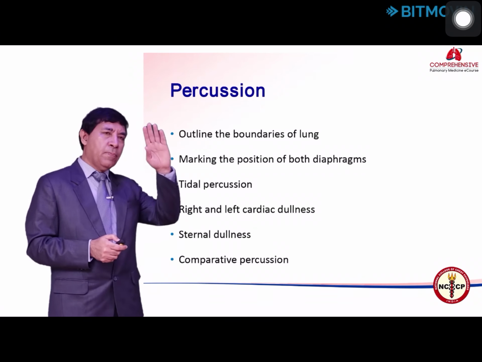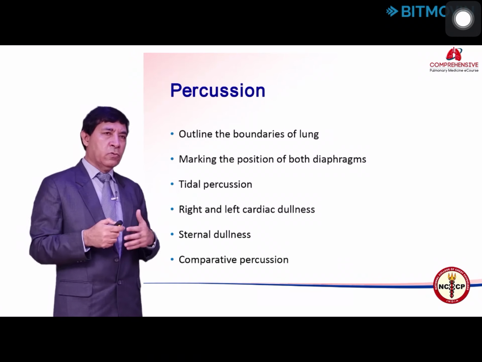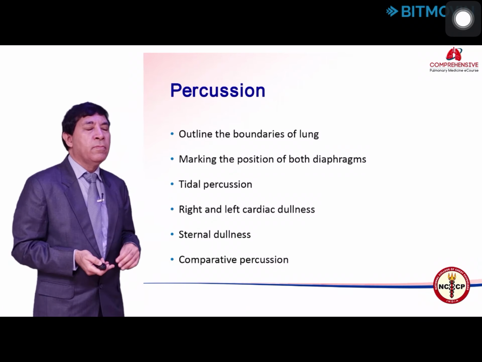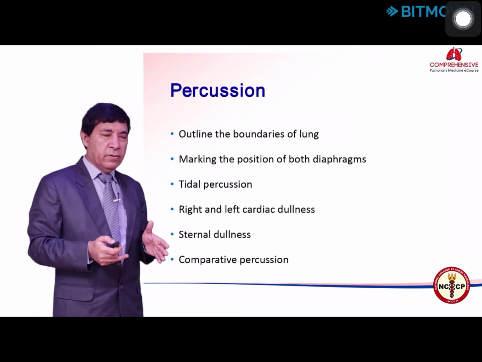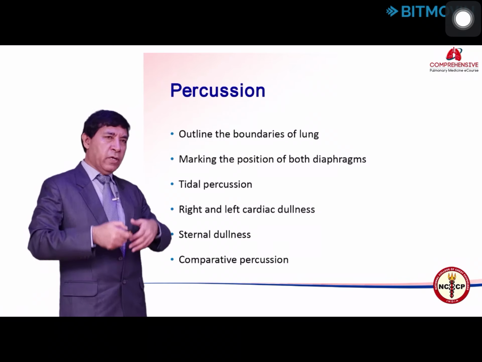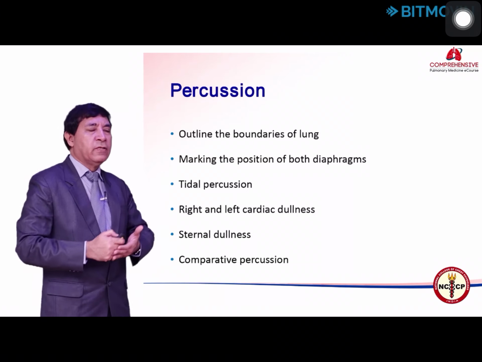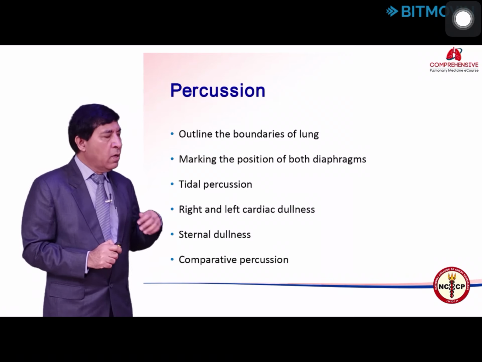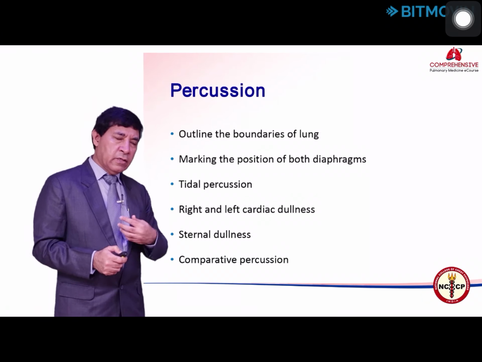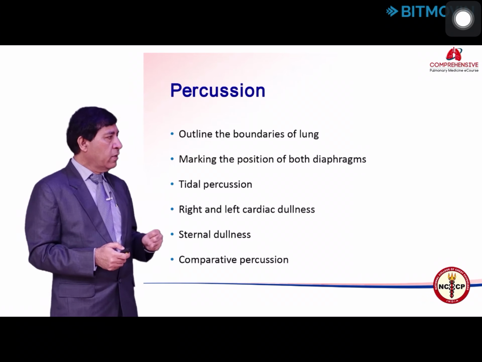So, when there is an effusion, how do you localize the diaphragm on the right side? On the right side you start percussing from above downward, and because the lung is containing air, the note will be resonant, and the moment you hit a dull note, that will indicate the presence of the liver. That is where you mark your diaphragm, and then you tell the patient to take a deep breath and again repeat it, and if you find the dullness has moved downwards by one space, that indicates tidal percussion. Similarly, on the left side, when you move from above downward, instead of dullness, you look for a tympanic note of the stomach air, and that is how you mark the diaphragm.